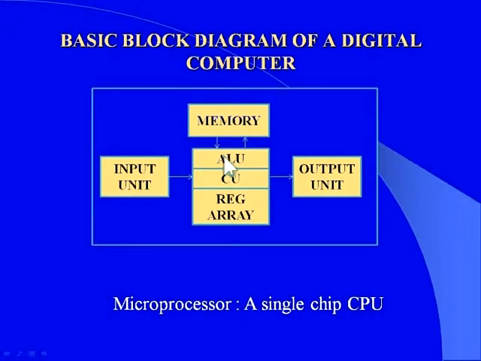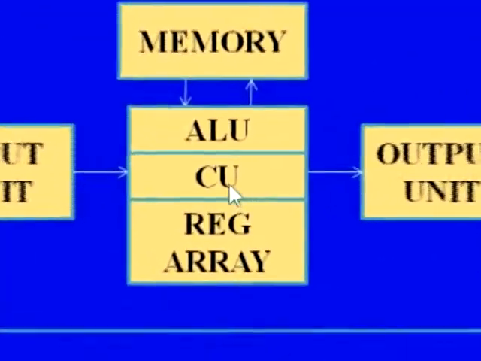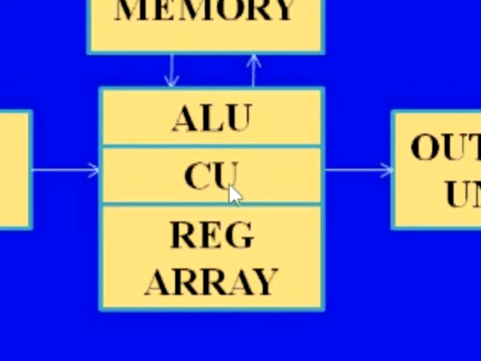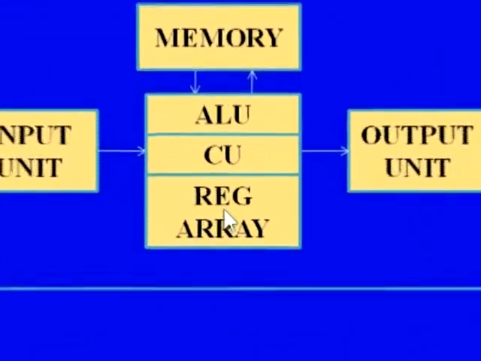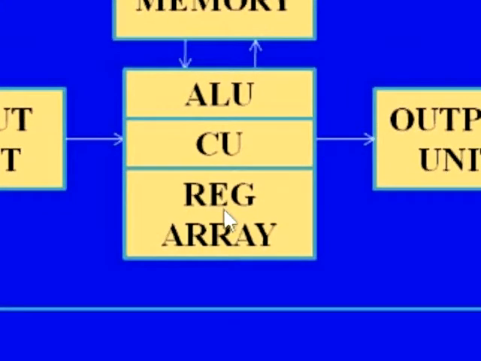Three major parts of the central processing unit are: number one is the ALU, arithmetic and logic unit. Whatever the arithmetical and logical operations may be, they will be done only within the ALU. Number two is the CU, control unit, which is used to provide timing and control signals as well as synchronization signals whenever data is read from or written to memory or peripheral devices. Number three is a small register array available within the CPU.